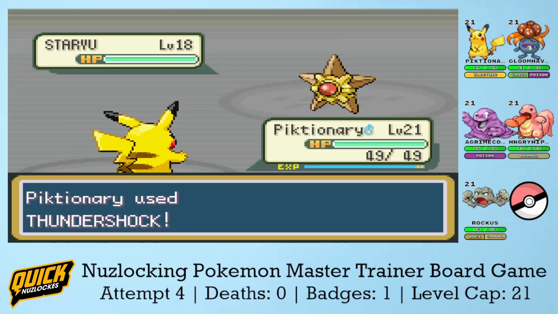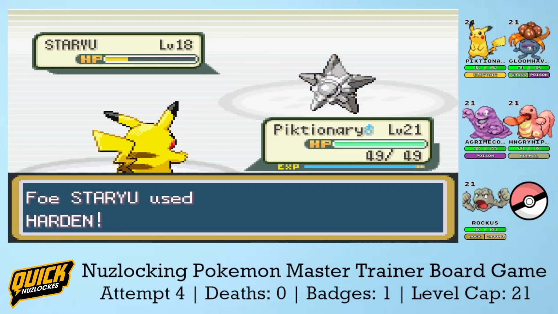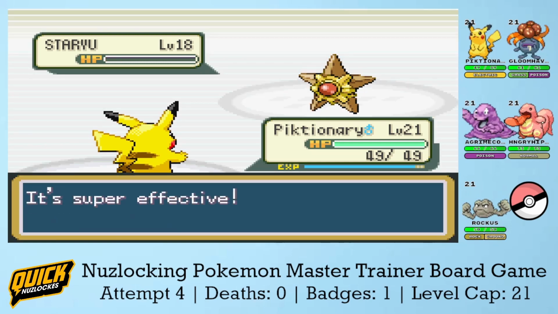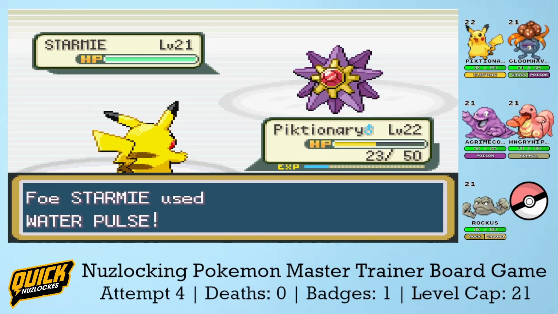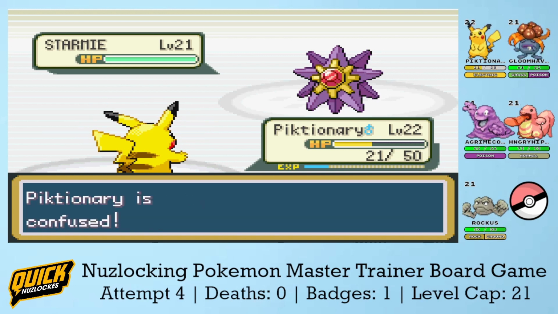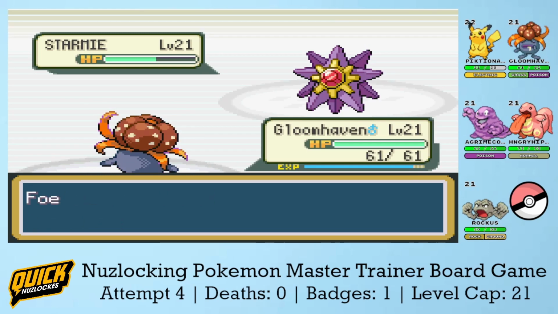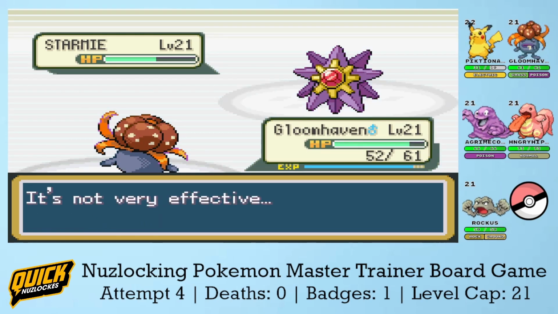I send out Pictionary, who can't quite one-hit KO Staryu, but Misty only goes for a Harden, so I can knock Staryu out on the next turn. Starmie does a ton of damage to Pictionary with Water Pulse though, and confuses me, although I am able to hit through. Of course, I have to switch, so I go into Gloomhaven, who takes a Water Pulse but also